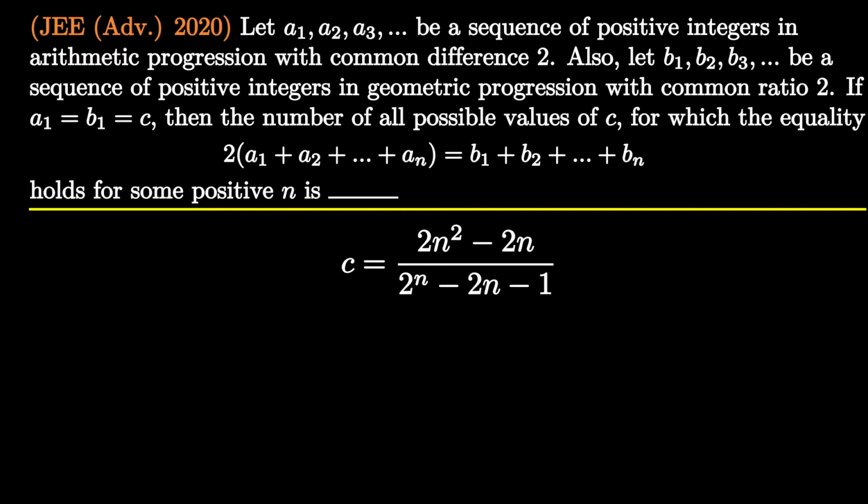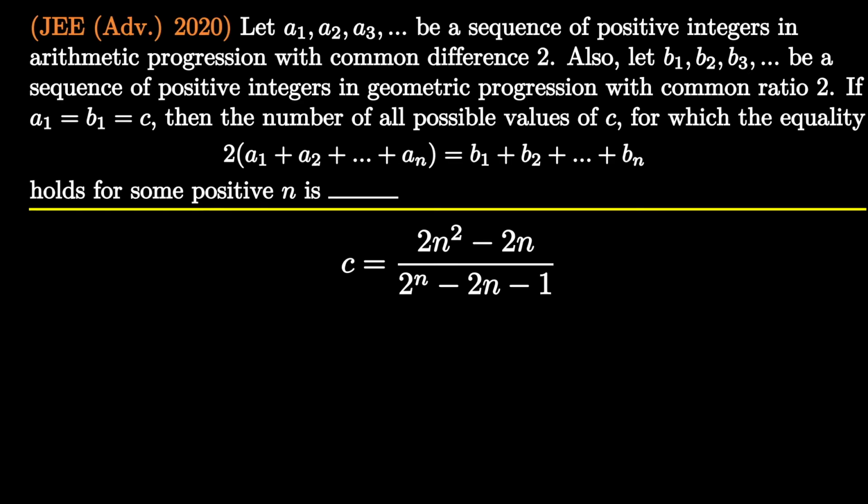But wait, do we really need to test all integers? Fortunately, no. If we look carefully at the ratio on the right side, we see that the denominator grows exponentially, while the numerator grows polynomially. It is a well-known fact that exponential growth is faster than polynomial growth. In other words, for sufficiently large values of n, the denominator is greater than the numerator. The proof of this fact requires calculus, and it is beyond the scope of this video. Therefore, the denominator is growing faster in comparison to the numerator.